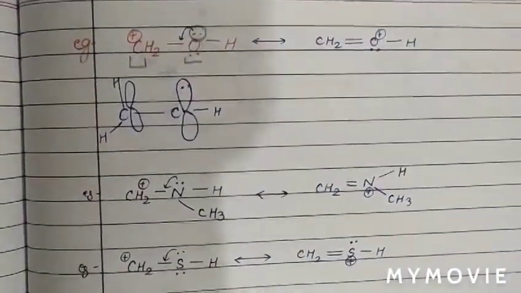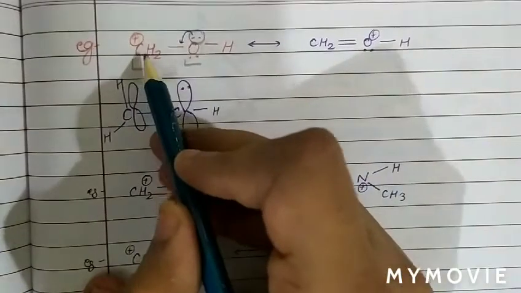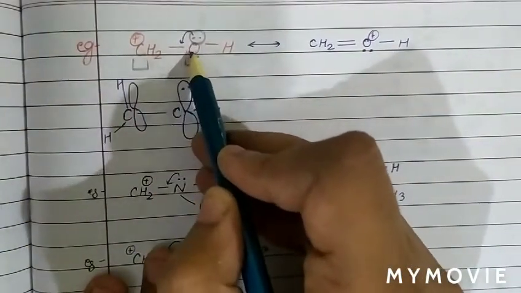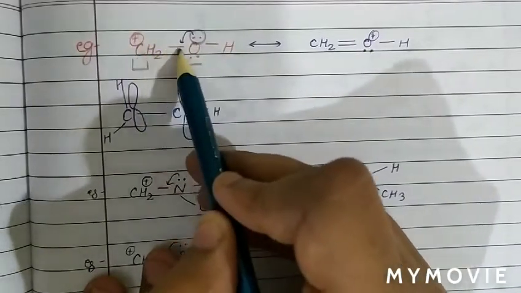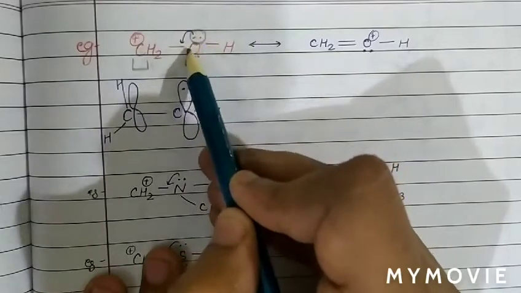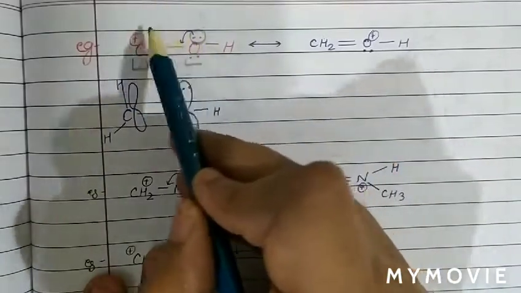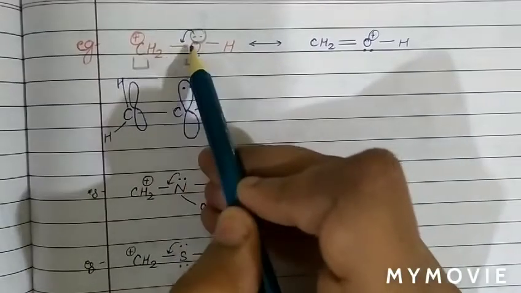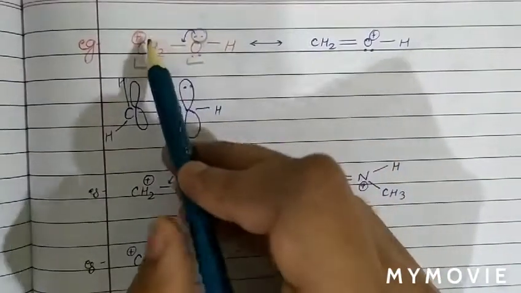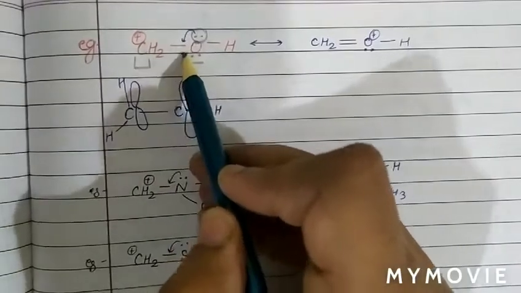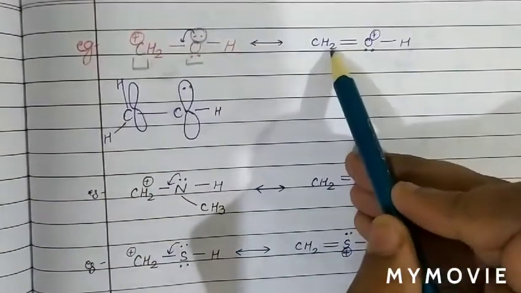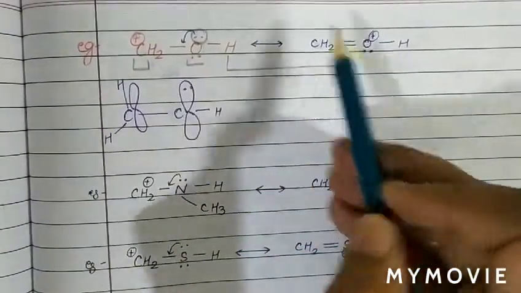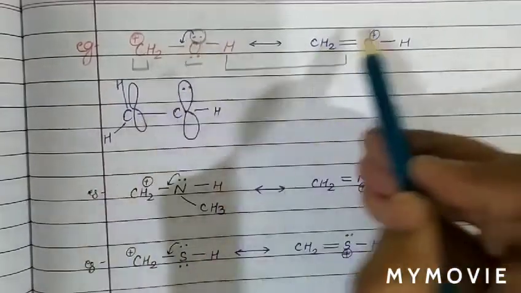Now see the example based on this. As we can see, there is a positive charge on the carbon atom, and there is a lone pair of electrons on the oxygen atom. Positive charge means the carbon has a vacant orbital, and the oxygen has an electron pair in an orbital which is parallel to the vacant orbital. So one vacant orbital and one filled orbital of oxygen are parallel to each other. So this is also a type of conjugated system. Now this lone pair will shift in between these two atoms to remove the deficiency of carbon. So this is the resonating structure. When the electron pair is donated, the oxygen will acquire a positive charge.